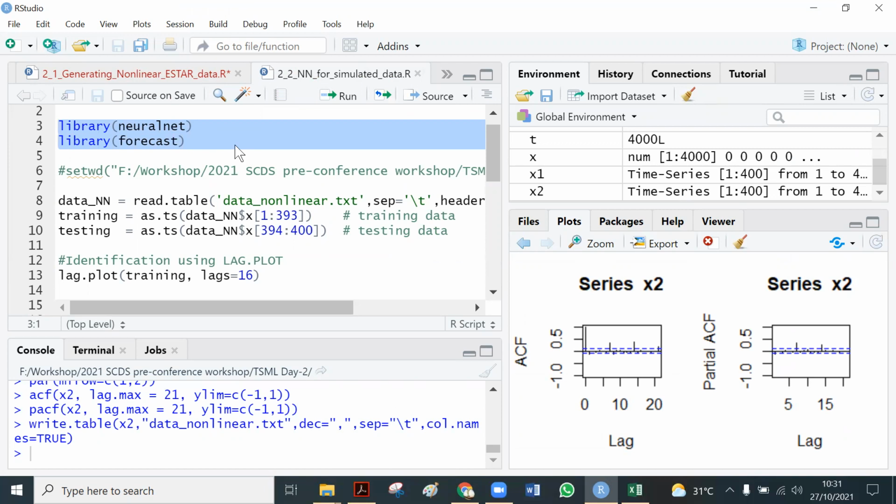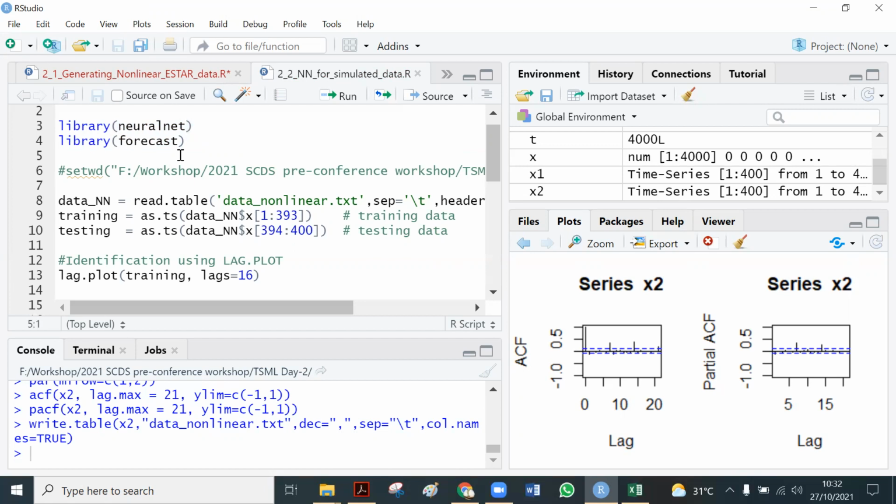Actually, in my slide, I show at least two packages about neural networks, which are neuralnet and nnet. And of course, there are many other packages for neural networks, but in our exercise of this workshop, we use library neuralnet.